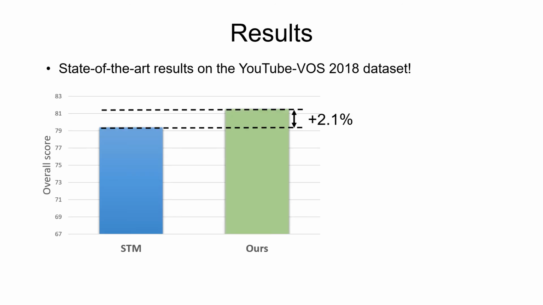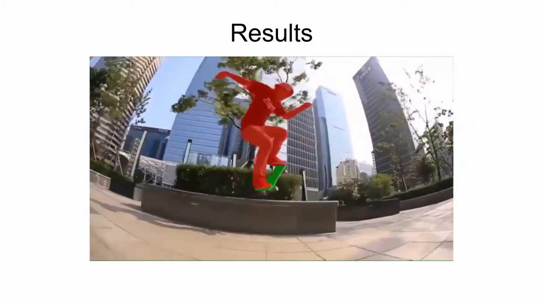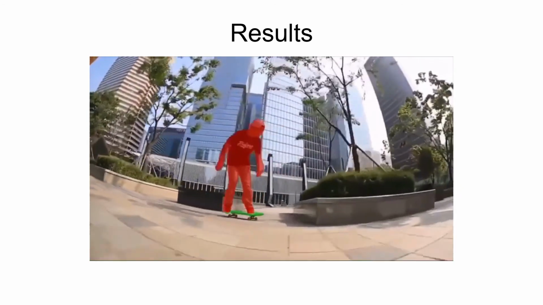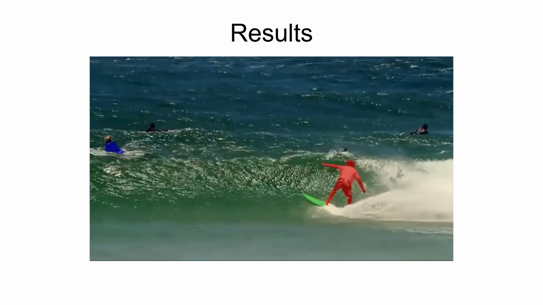How do we compare to existing methods then? On the YouTube-VOS 2018 benchmark, we outperformed the previous best performing method SDM with a significant margin. Our method is also comparably fast, and it runs at 14 frames per second. Notably, when the training data is limited to YouTube-VOS, the performance of SDM is very much reduced. Our approach, on the other hand, still remains stronger than all previous methods. These examples demonstrate how our method can handle challenging video sequences with multiple objects, drastic appearance changes, and occlusions.